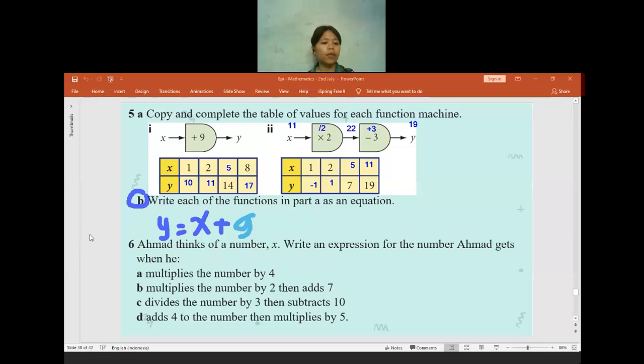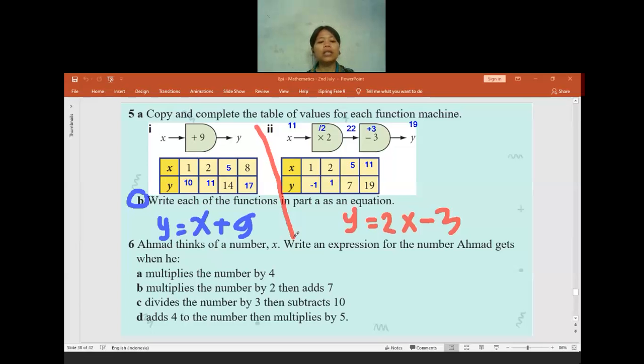No? Okay. If no one asks me any question, I will move to the second diagram. What is the function of the second diagram? Someone said it is y equals 2x minus 3. Is there anyone who is confused or disagrees with this answer? No? Okay. If no one is confused, it means we can move to question 6.